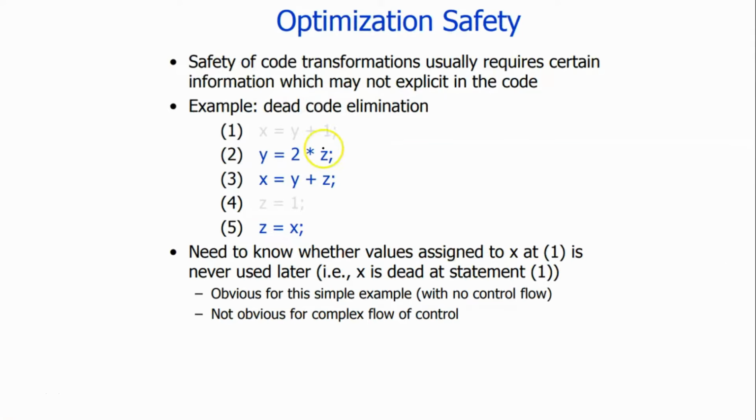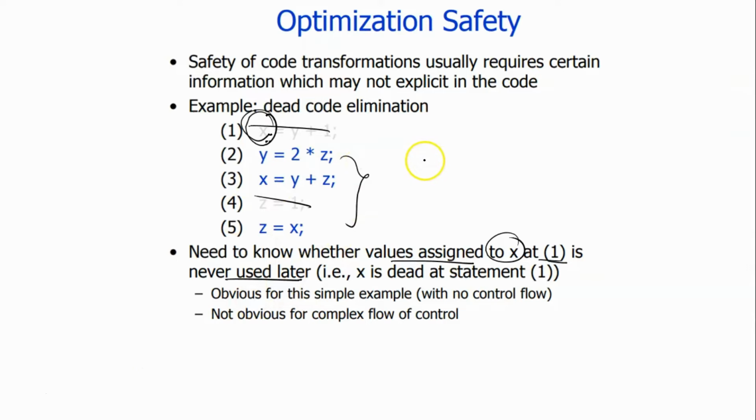And you can see here we can eliminate this, we can eliminate this. So this is the point. You need to know whether the value assigned to x at 1 is never used later. You can see this is the assignment, this is the definition, and this definition, this assignment is not used anywhere. You can just see. Okay, but how the algorithm will do it, we will see at a later